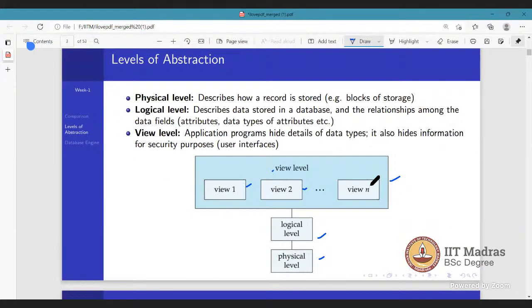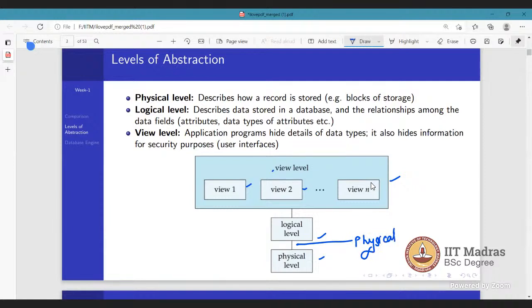I would recommend all of you to please memorize, or in any way possible, learn this diagram so that you can remember it anytime, the levels of abstraction. Physical data independence happens here.